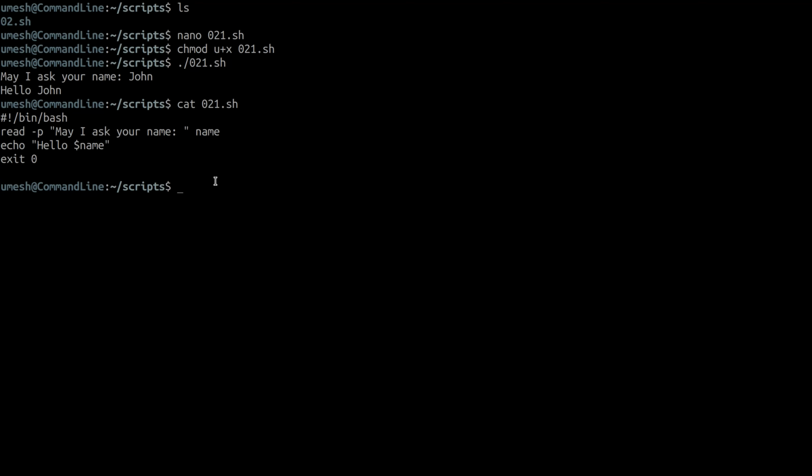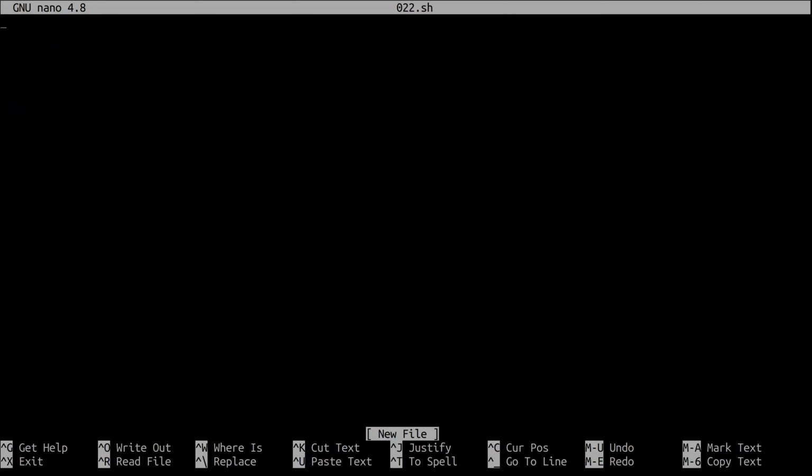And now we are going to try a condition using if. And for that, let's start another script. Nano 022.sh, for example. So you have to be a little careful with the syntax. If, and there should be a space, square bracket, and let's do $# and space one more time, less than, I'll explain this to you, 1, space, bracket. And if you're going to continue on the same line, you have to use a semicolon, space, then, or you can simply do then, and there's no semicolon.